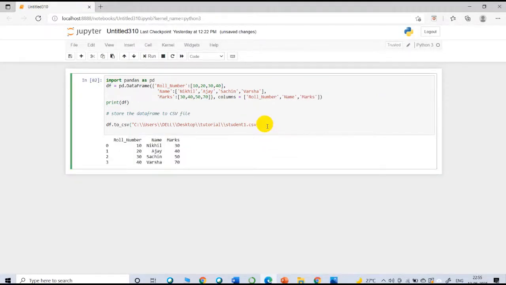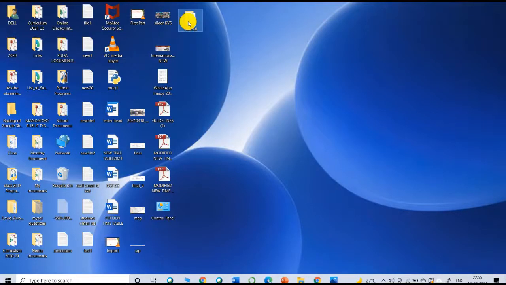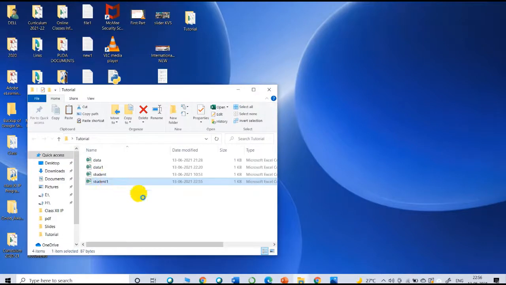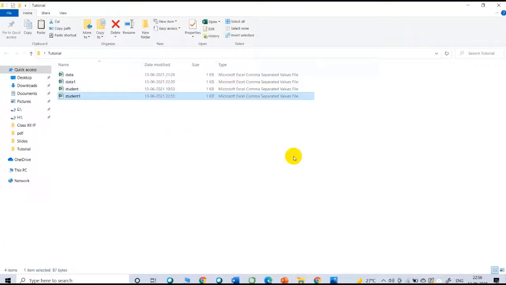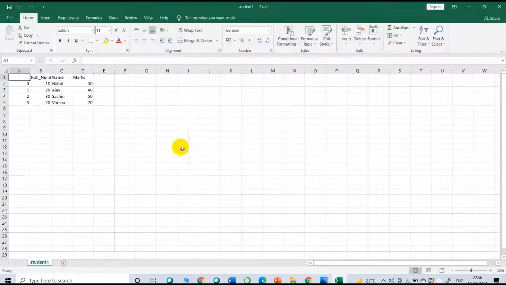So when you run this, you will see a file called student1.csv created in the folder tutorial. Let's check out how it is displayed. As you can see, there is a column with values 0, 1, 2, and 3.